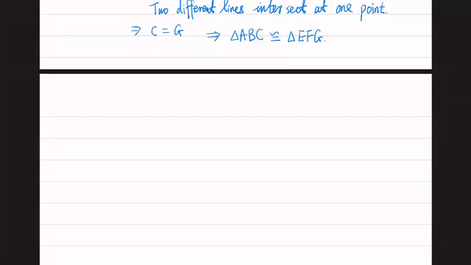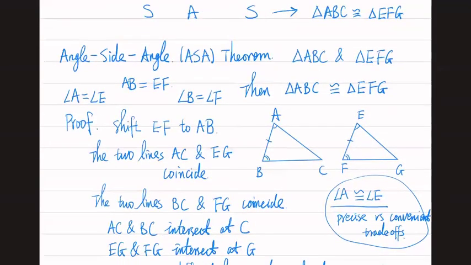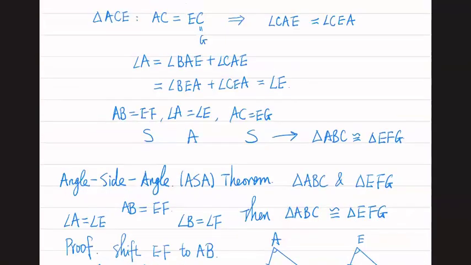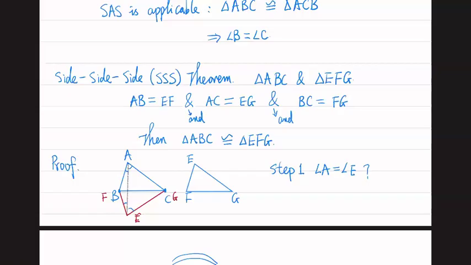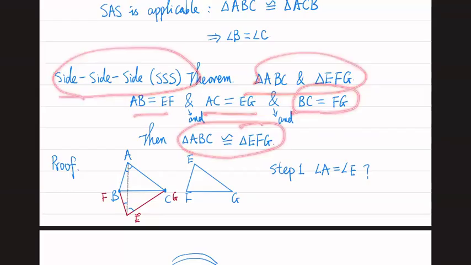Okay, so now we have learned several theorems. The last one, the Angle-Side-Angle Theorem: if two triangles have a pair of sides with the same length and the neighboring angles have the same measures, the two triangles are congruent. We learned the side-side-side theorem: if two triangles have 3 pairs of edges with the same length, then they must be congruent. And we have the